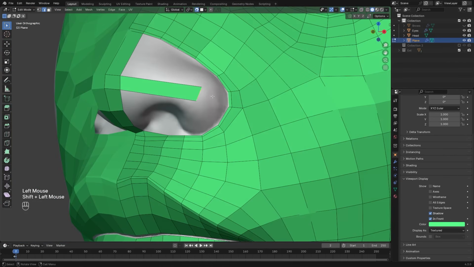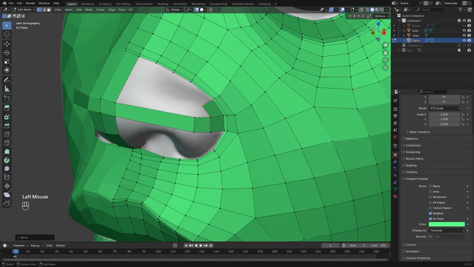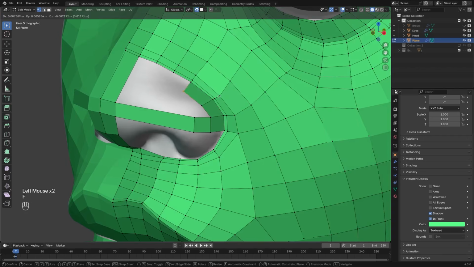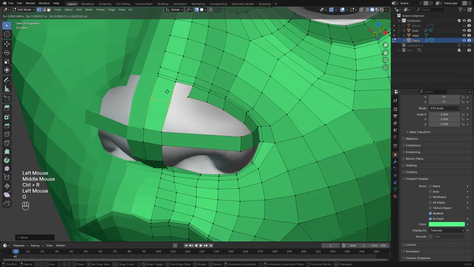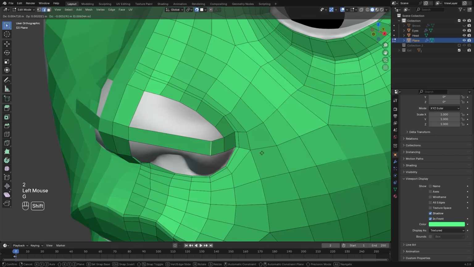I'll just fill in these two edges. I'll add a loop cut here, and I'll select this vertex, F, and just fill in those faces. I'll add in a loop cut here and fill in that face, and same here,